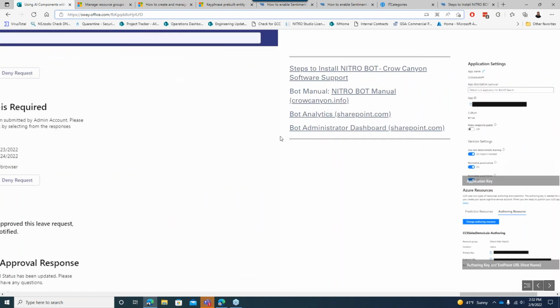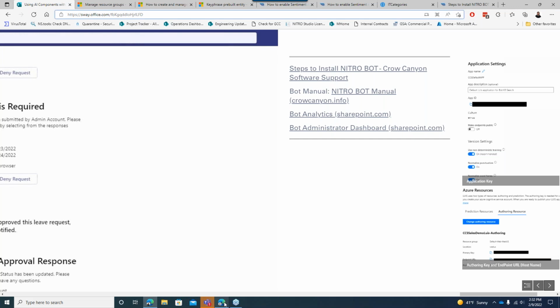But I will show you what it looks like, and then I will also show you a couple of things on how to connect that LUIS app we were just looking at into the bot, and also I'll show you those bot analytics and administrator dashboards. So first of all, let me jump over to